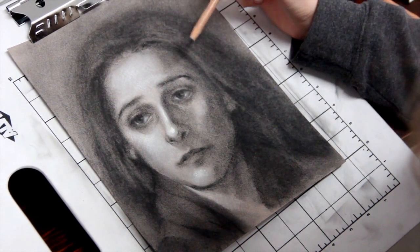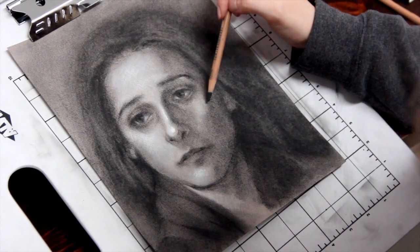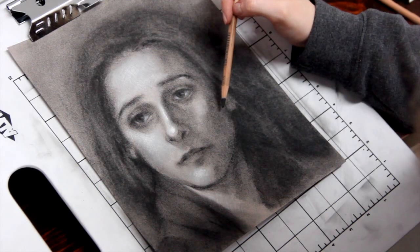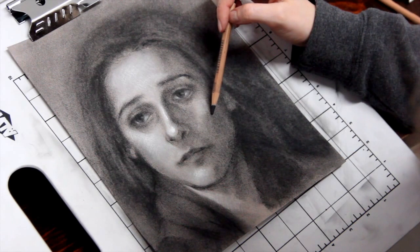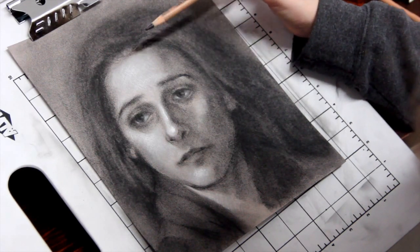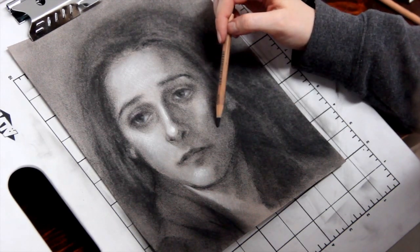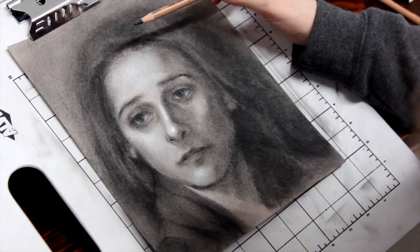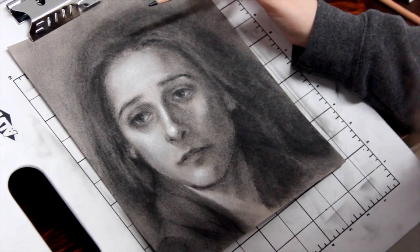And I also changed the cheekbone. I think it was too big before, too far out before, and I think that's pretty